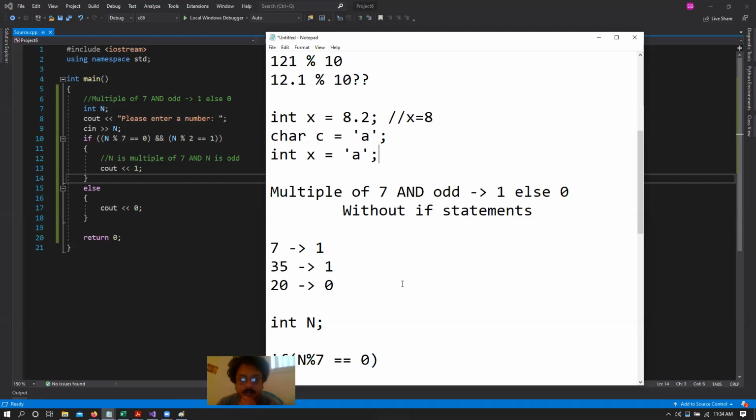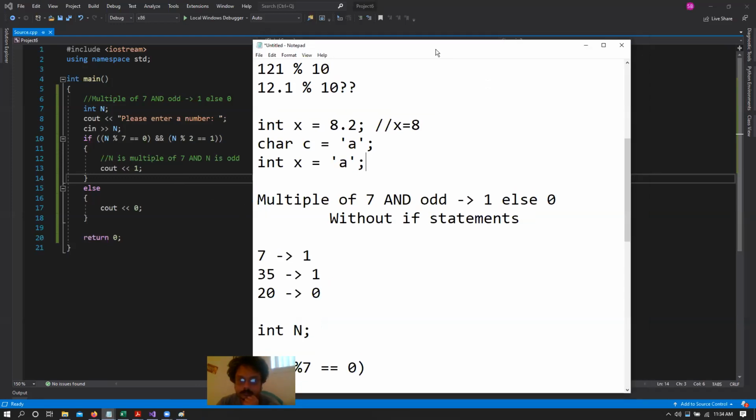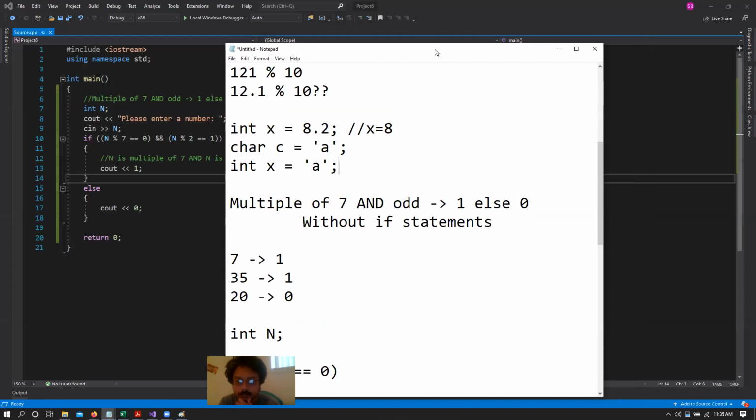Now I want to write this code, and I want you guys to write this code maybe in the chat window. Do the same thing, but do it without an if statement. So, does someone want to try? Without any if conditions.